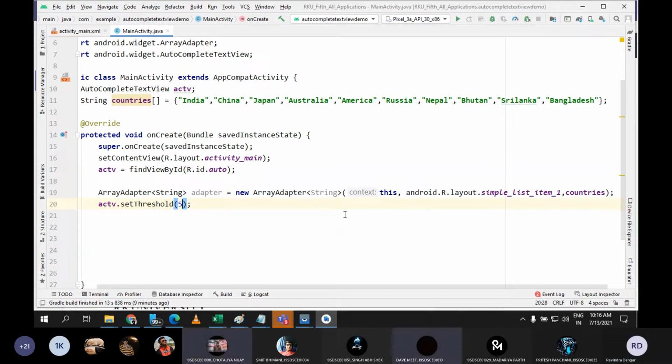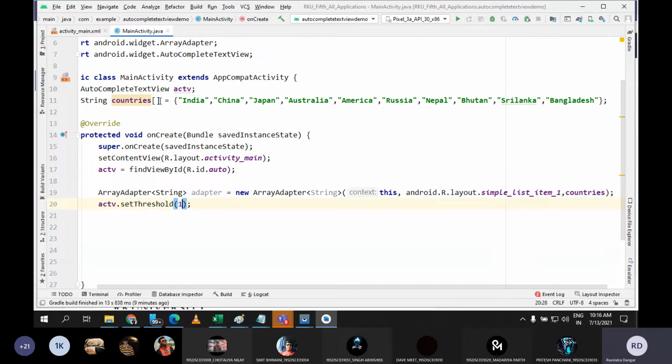Let me repeat it again. Whatever number you pass to setThreshold, it will start searching from that many characters. For example, here I have written SCTV.setThreshold(1). What does it mean?